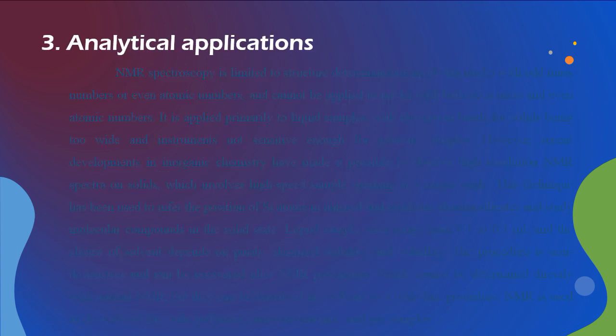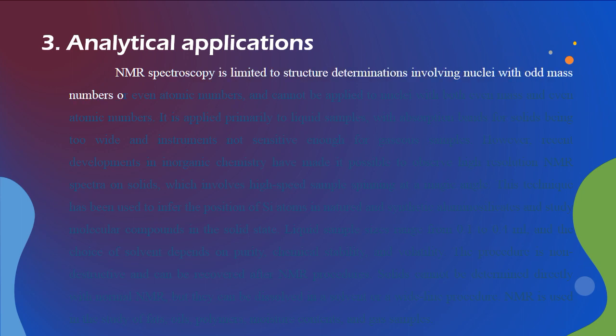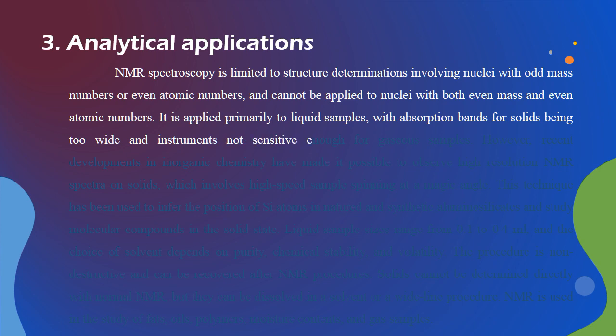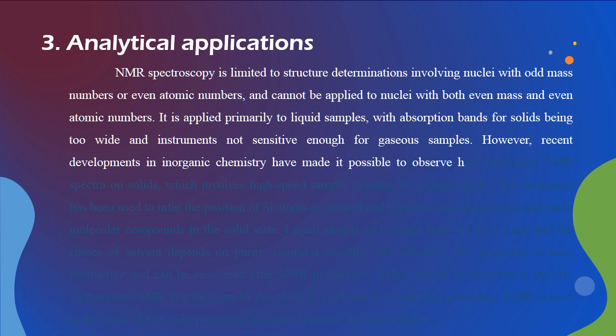Number 3. The analytical applications. NMR spectroscopy is limited to structure determinations involving nuclei with odd mass numbers, or even atomic numbers, and cannot be applied to nuclei with both even mass and even atomic numbers. It is applied primarily to liquid samples, with absorption bands for solids being too wide, and instruments not sensitive enough for gaseous samples. However, recent developments in inorganic chemistry have made it possible to observe high-resolution NMR spectra on solids,